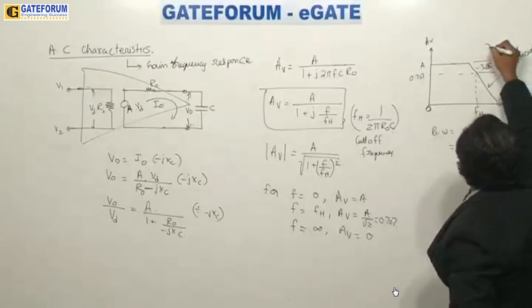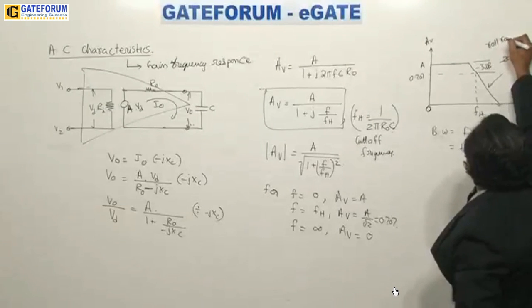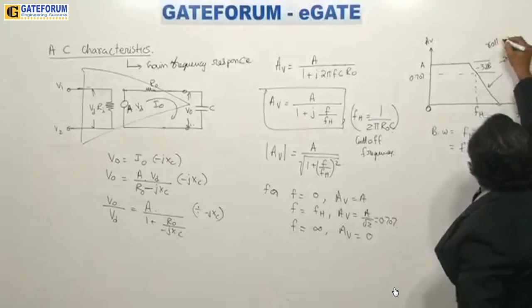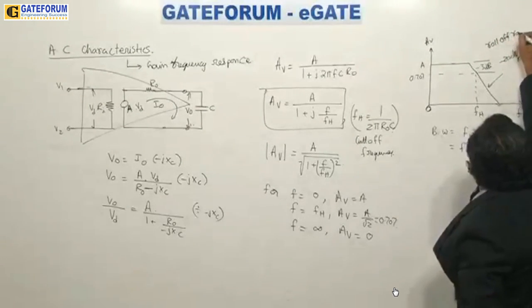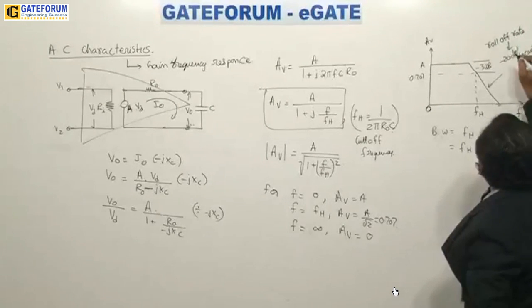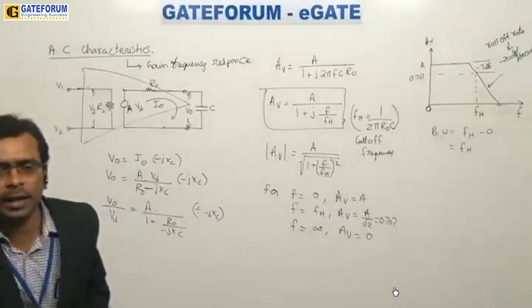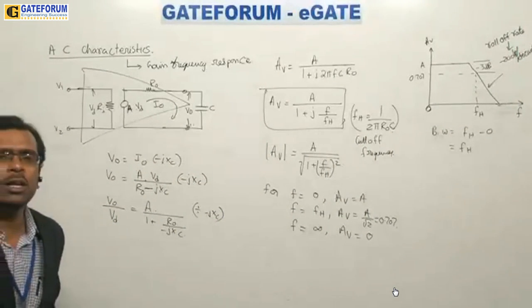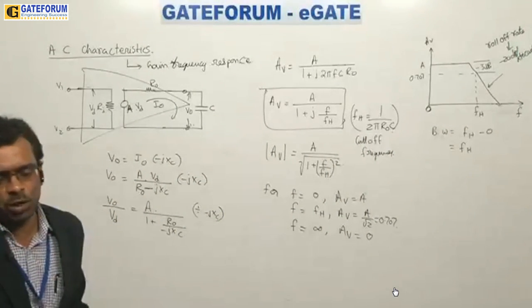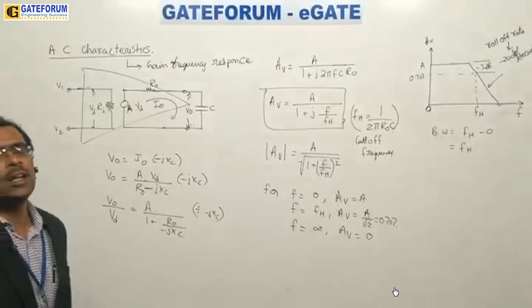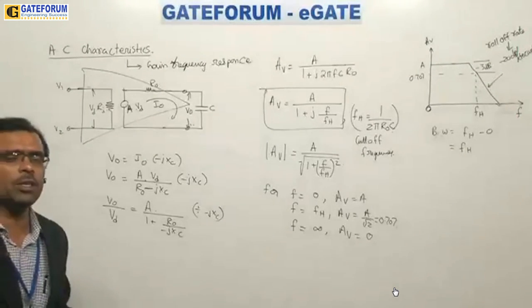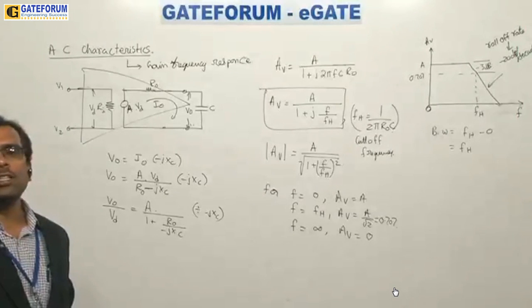So for every 10 times increase in frequency, the gain will be falling at minus 20 dB per decade. It means whenever you increase the frequency 10 times, from 10 Hz to 100 Hz, the input signal frequency is increased 10 times, so gain falls